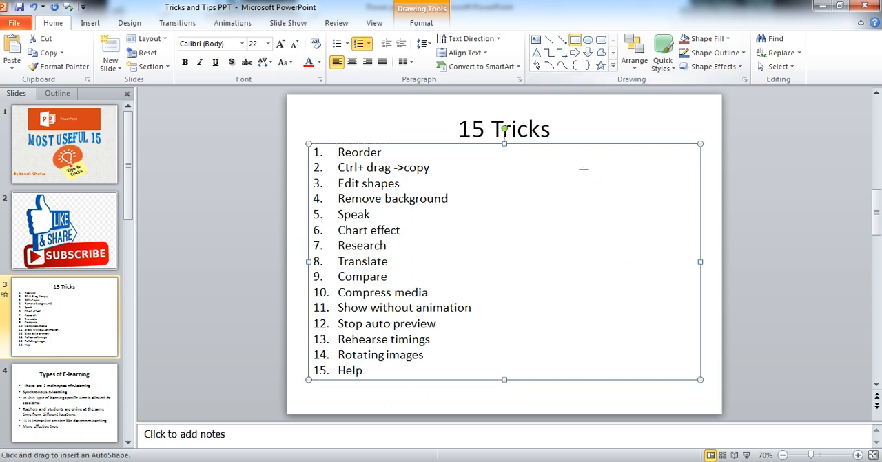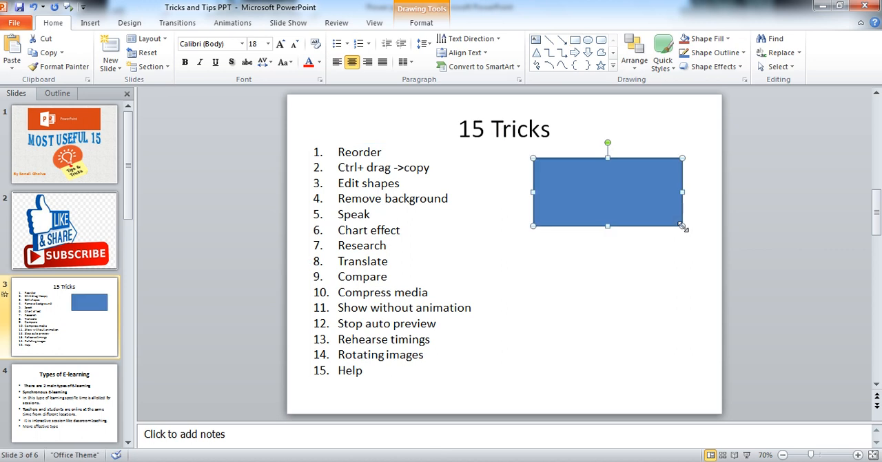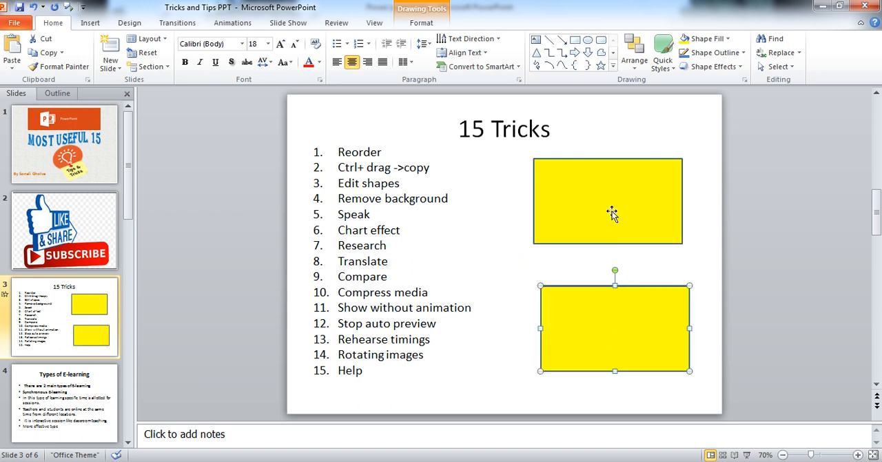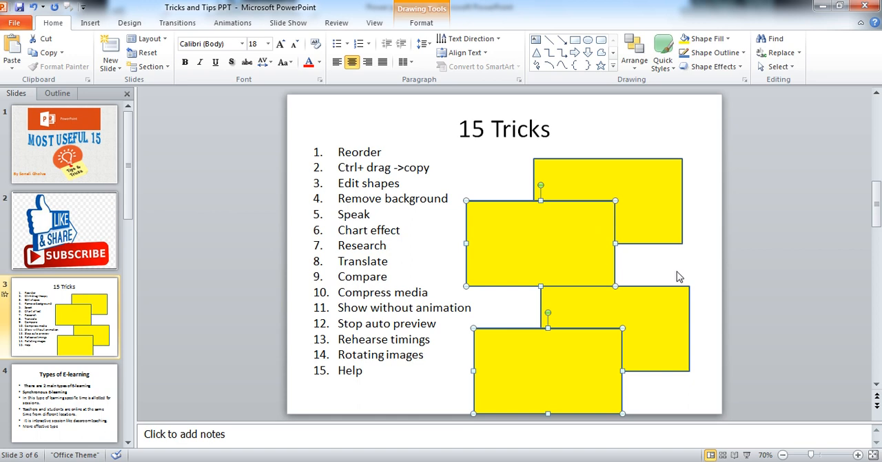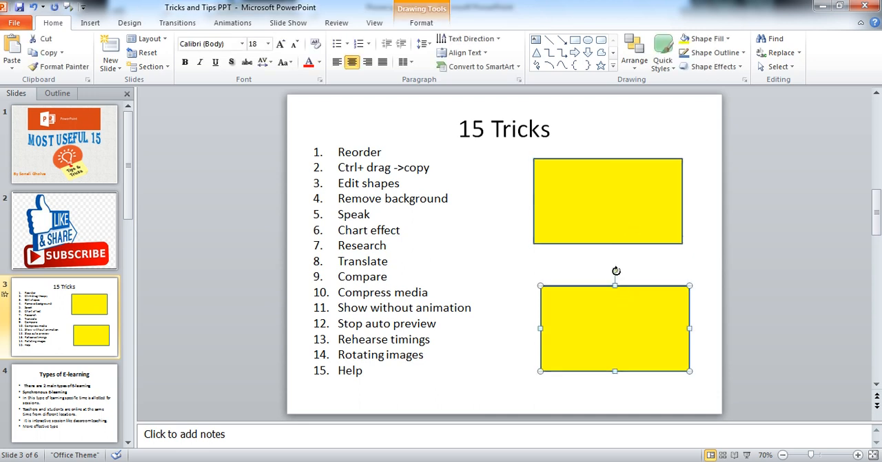Suppose you want one shape in your presentation, you have drawn it. Then you can copy, or you can take another shape from these shapes. But suppose you have given some color or texture or picture inside this and you want a copy of this shape, then simply Control and drag to another location. You can create any number of copies by using this. I don't want this, so I am deleting it. In this way, you can just Control plus drag. You can create the number of copies